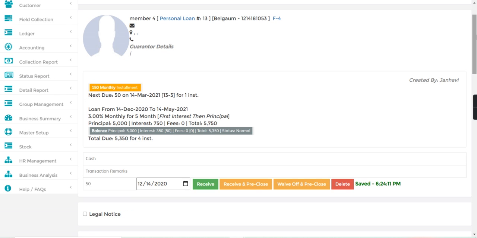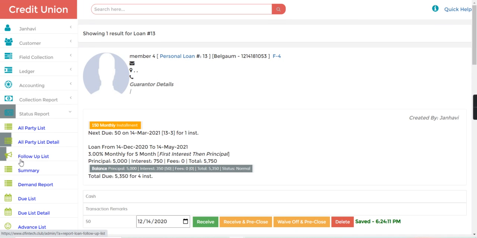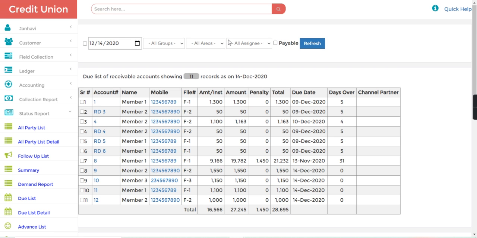And in the status report, I will go to the status report due list. Here I will just refresh. Here also you can see all the details of the customers. According to the group wise, we can filter also.